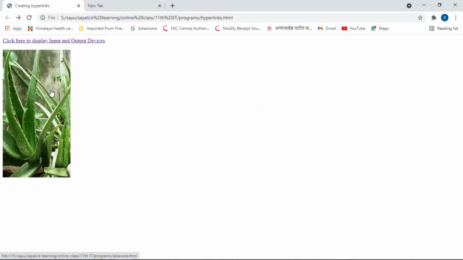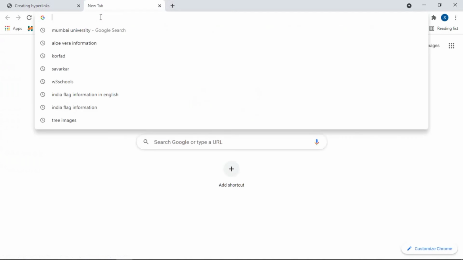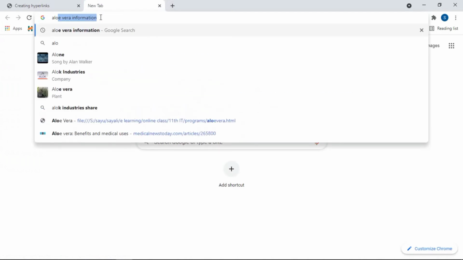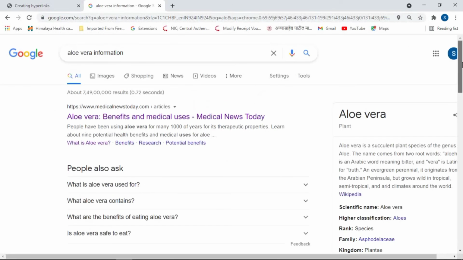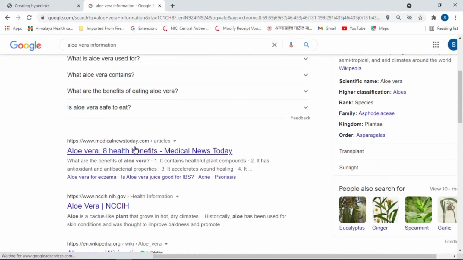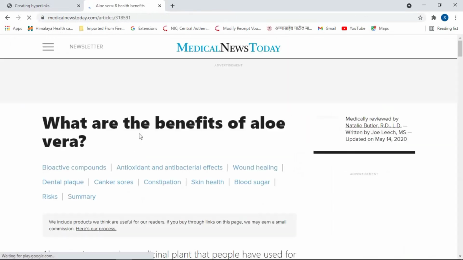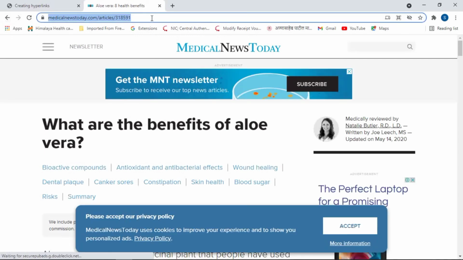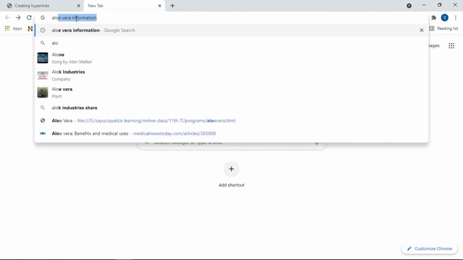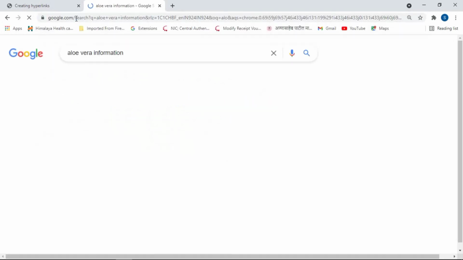See here, if suppose you search here information about aloe vera, and if you want to provide a path of, suppose this site, then let us search again aloe vera.